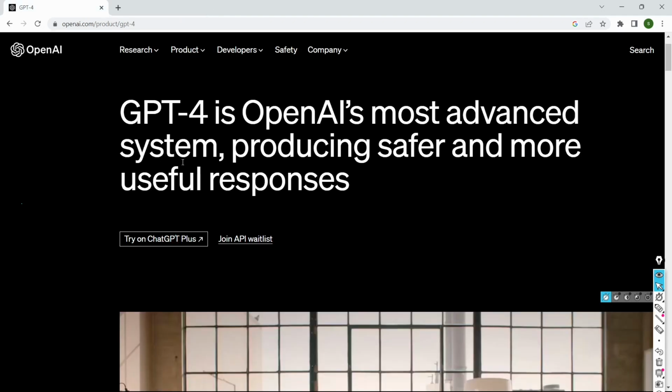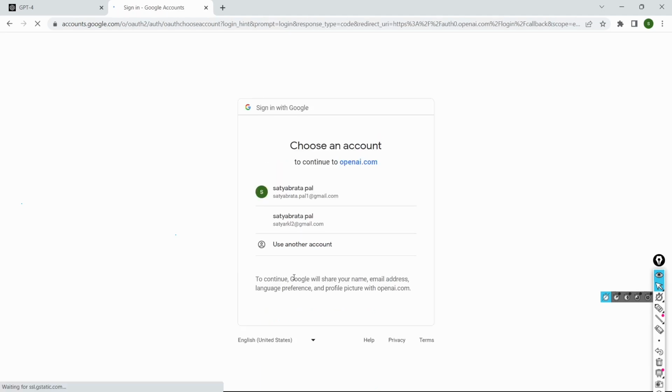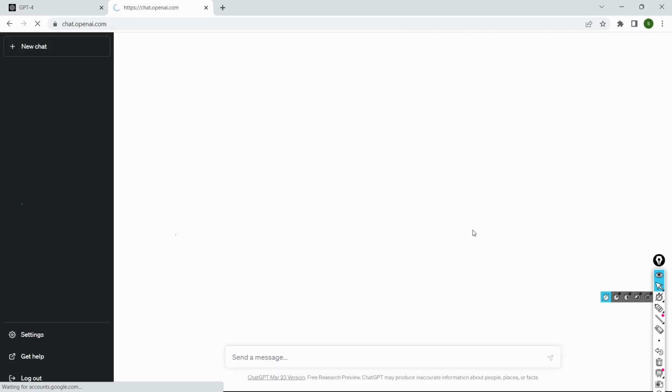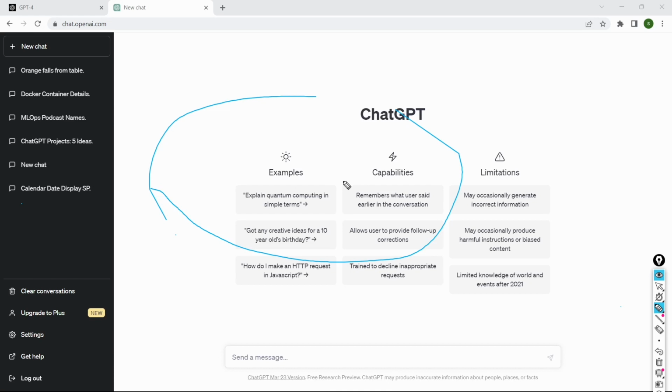So assuming that you have created an account, let us now click on it. Click on try ChatGPT, and I will log in since I have already created my account beforehand. Okay, and after logging in, here I am. So this is the entire page of ChatGPT Plus,